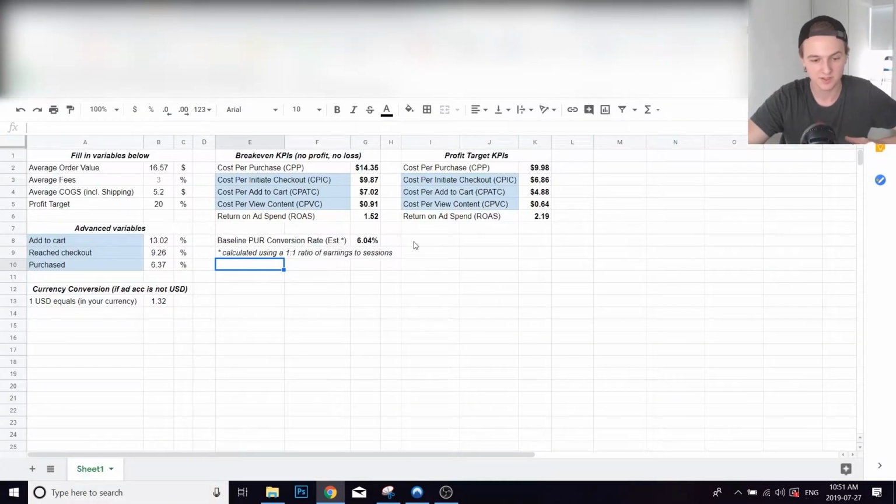Based on this observation that all my stores had a 1-to-1 or better ratio, I use this to create a baseline purchase conversion rate metric. So basically, what conversion rate do you need to get this 1-to-1 ratio? With this particular average order value, I need a conversion rate of at least 6% to get this 1-to-1